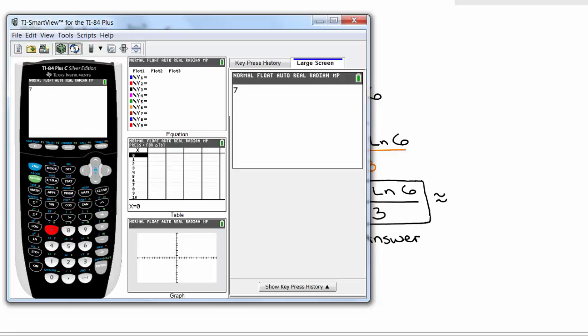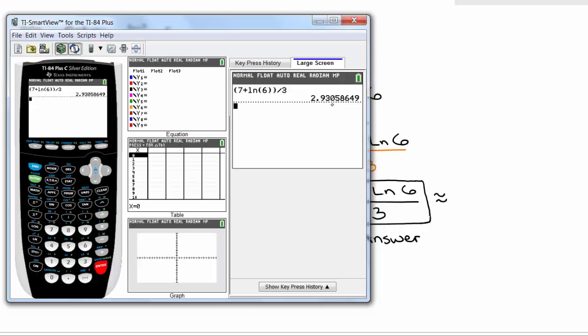Oh, I accidentally put the 7. Let me take that off. Wait, let me go back. Let me clear this. I'm going to open a set of parentheses to show that everything here is in the numerator. The 7 plus the natural log of 6. I'm going to close the set of parentheses for the 6 that's inside the natural logarithm, and then I'm going to close another set of parentheses for what's in the numerator, and then I'm going to put divided by 3. Enter, and we get